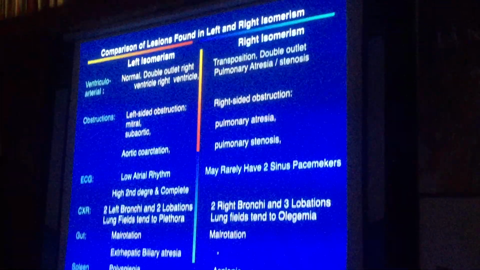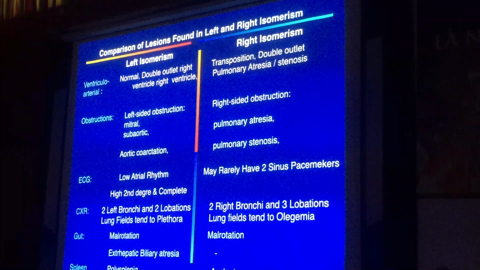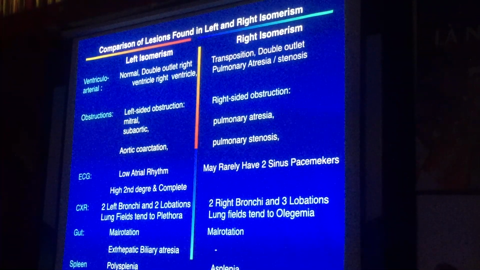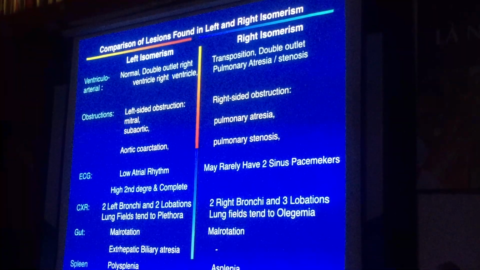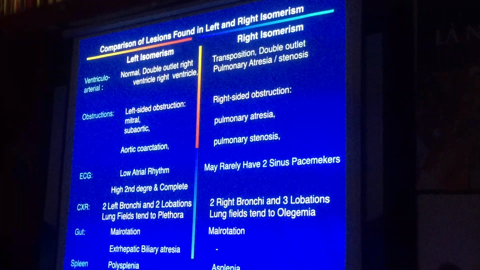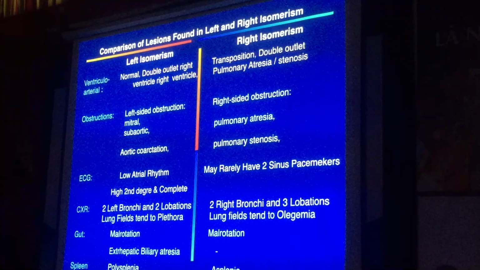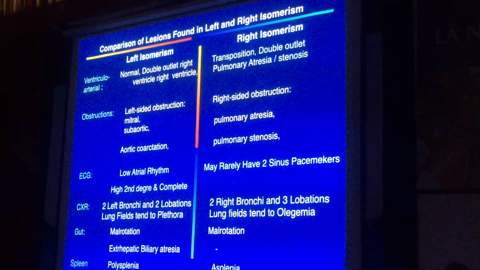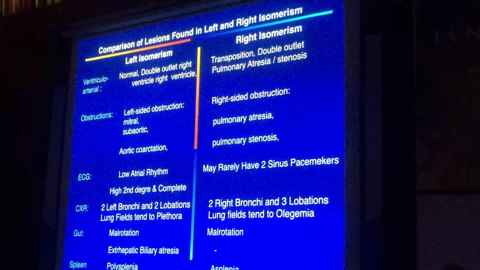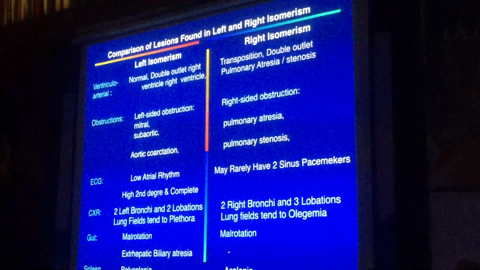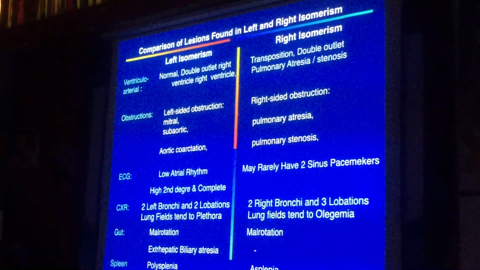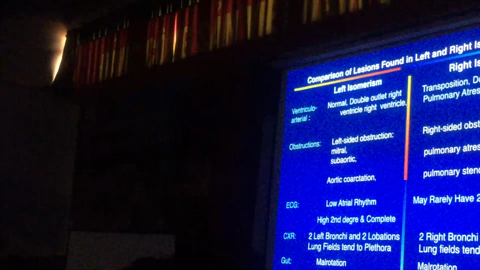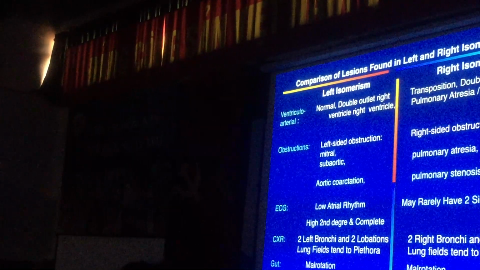The ECG: if you have 2 left atriums, you don't have a sinus node. If you don't have a sinus node, you can't have a normal P wave vector. So you do an ECG, and the P waves of left isomerism are upright in the upper leads, indicating that the pacemaker is ejecting in an upward direction. And there may be 2, because you've got 2 right atriums, you may have 2 right sinoatrial nodes, but usually